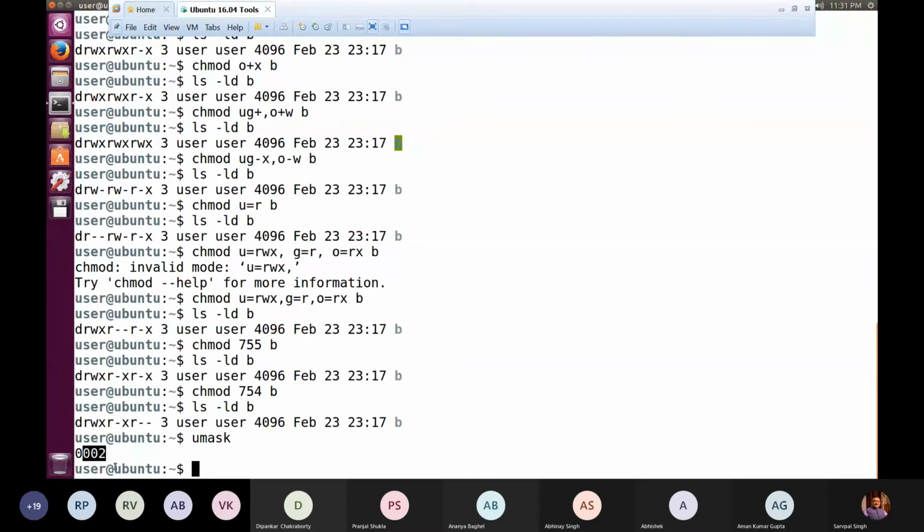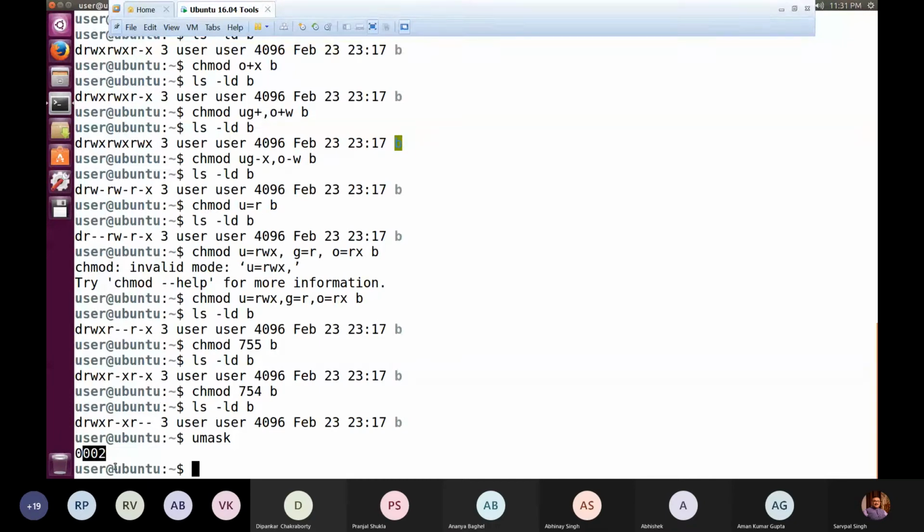Consider only the last 3, because the first is a specific bit for security related operations that we'll discuss later. Masking means we are switching off certain digits. So if 777 is there and you subtract 002, which is done by default, what will happen? Any directory, when it is created, by default has the rights of 777.